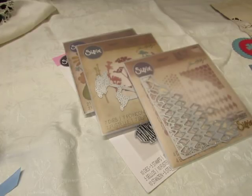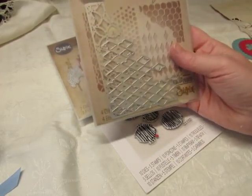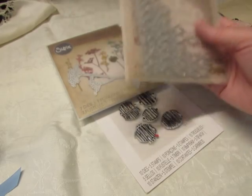Hobby Lobby had their Sizzix dies. I think it was 30% off. It wasn't 40, but I think it was 30. And I don't have very many dies, so I studied them and I picked up a few. So I just wanted to show them, and when I show you the books, you'll see why I wanted to